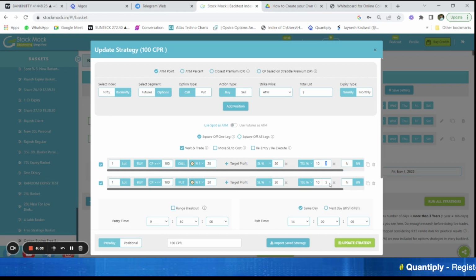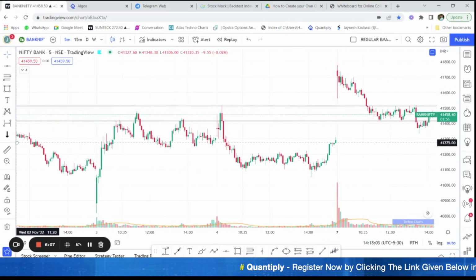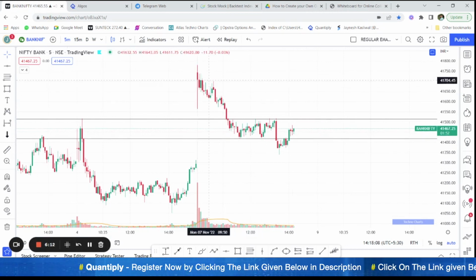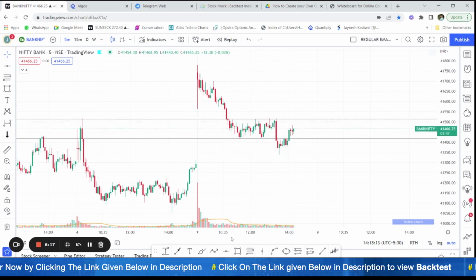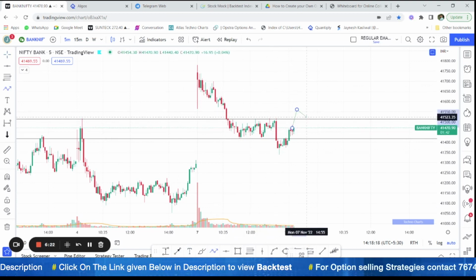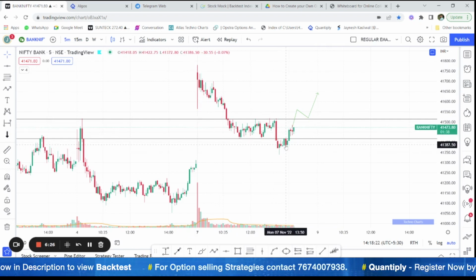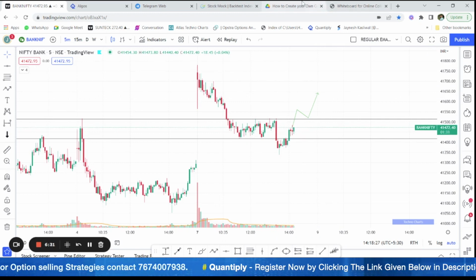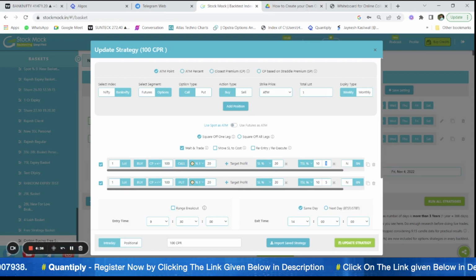So that in case of market reversal, for example, let's take an example where the markets have fallen, it's continuously falling, and then there is a reversal like this. If there is an entire reversal like this, we do not want to book a loss in that case, right? Because we were already in decent profit, we have to trail our stop loss at some point of time. This is where our trailing stop losses come into the picture,